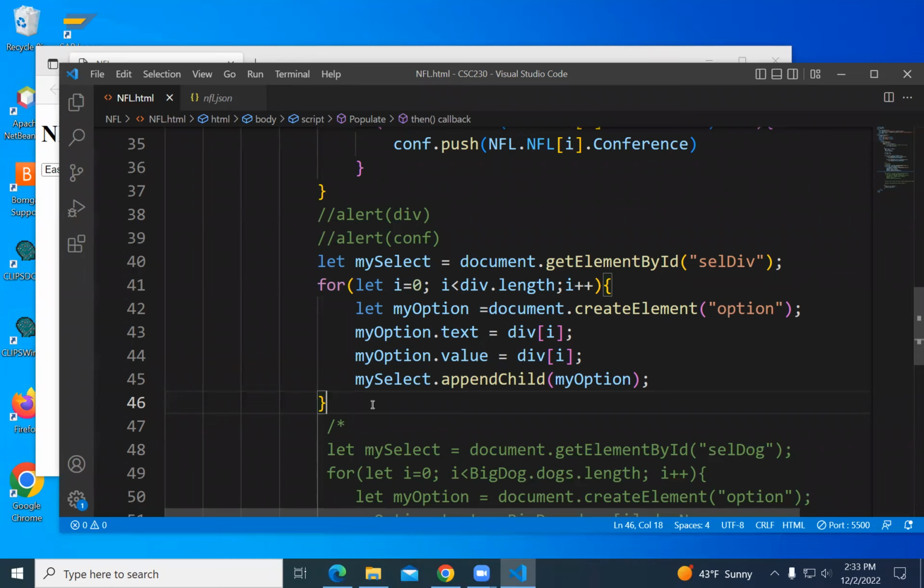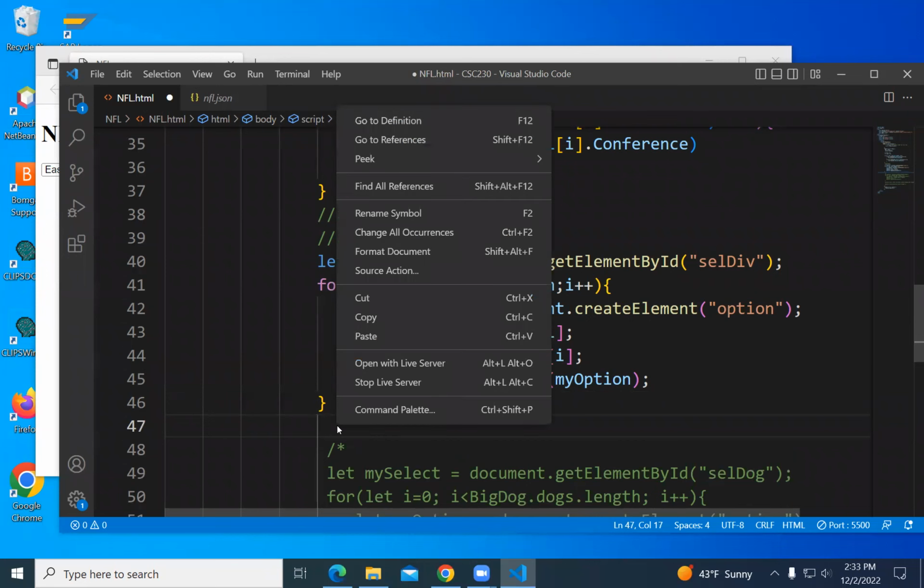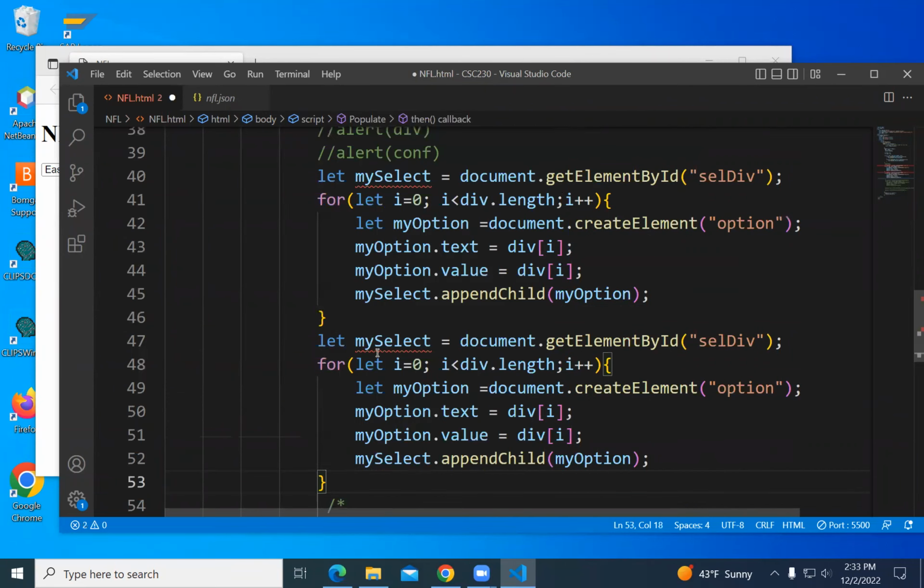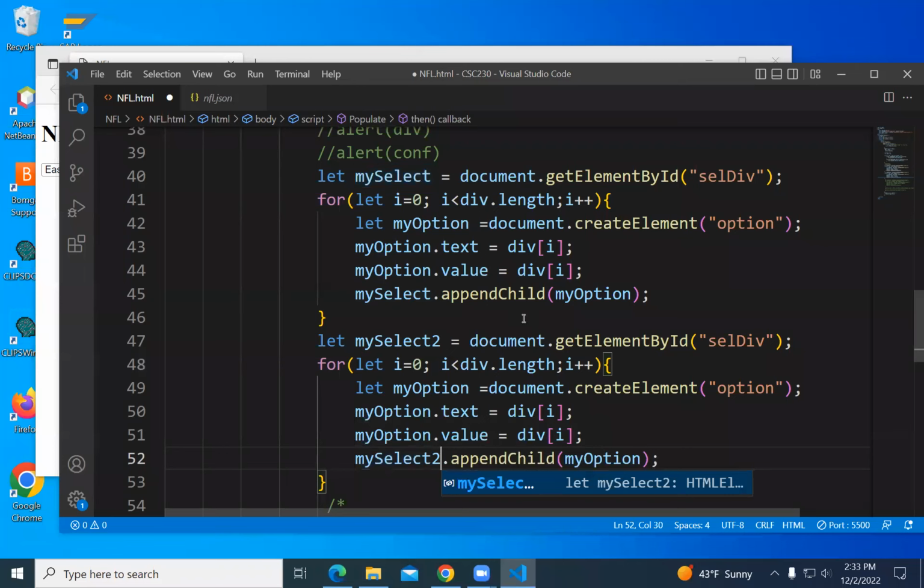I think I will use my select 2 because I'll probably want to dispatch an event for each. So I want distinct variables at this stage. So I'm going to paste my select 2 and my select 2. I don't have to say my option 2.